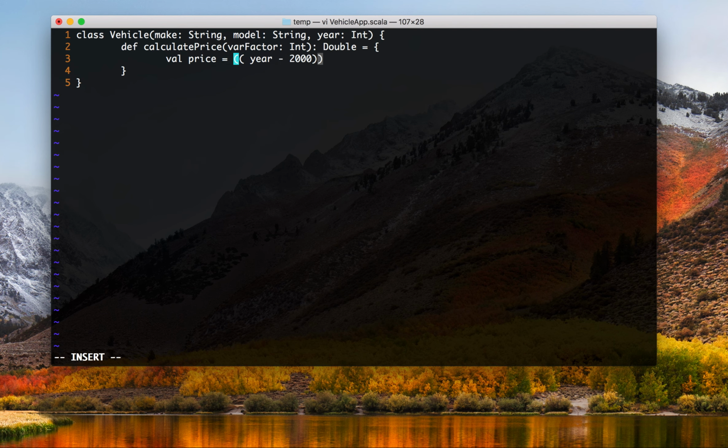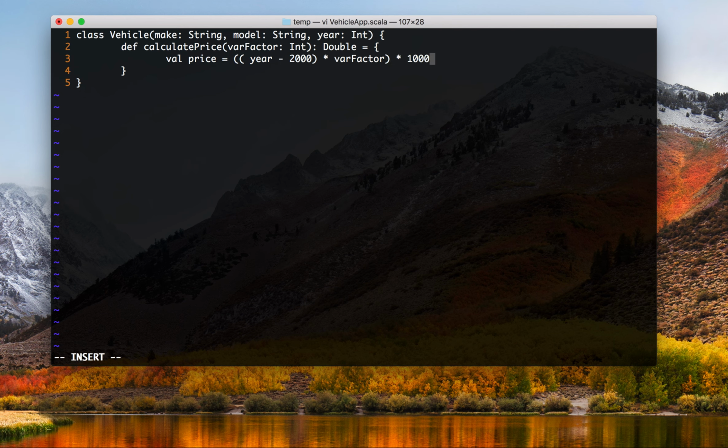Here it is one parameter, but it could also be a list of parameters that govern, that affect, the price of the vehicle. And then we multiply that with the factor, and then we multiply that with